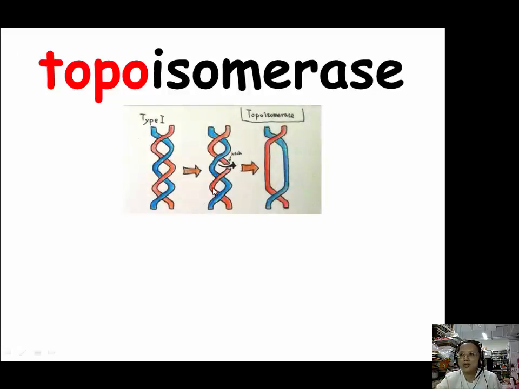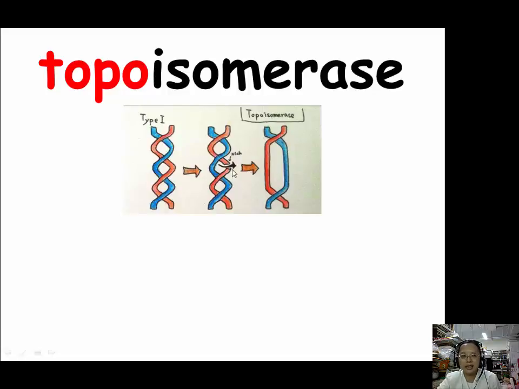Type 1 topoisomerase cuts one strand of a DNA double helix, then relaxes it, and the cut strand is re-annealed. So in this process, cutting one strand allows the part of the molecule on one side of the cut to rotate around the uncut strand, thereby reducing stress from too much or too little twist in the helix. In this figure, what we show is there is too much supercoil, so the